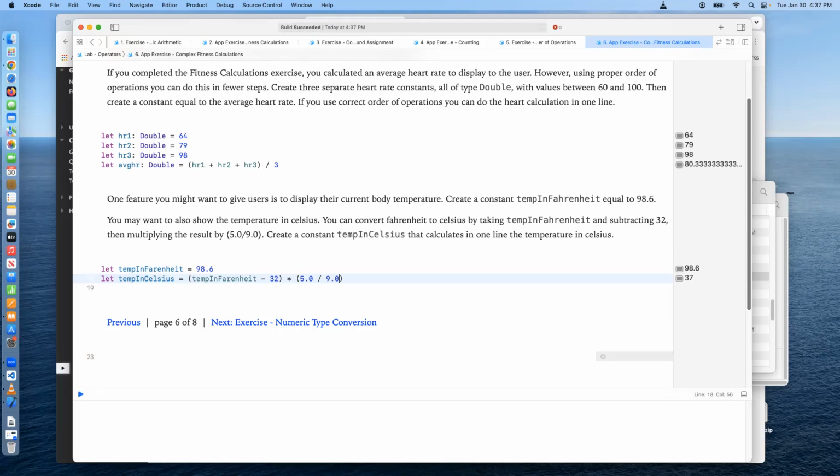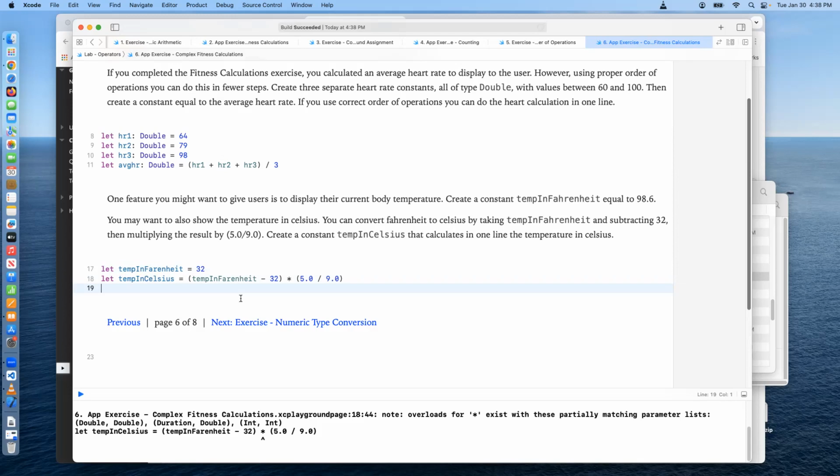Does it make a difference if I'm using decimal points here? Well, it does, right? Because if I experimented and did 5 divided by 9, that's integer division. It's not as precise. And this is the actual formula that we use, by the way, for determining this. So if I have a body temperature of 98.6, in Celsius it's 37, right? How could I test this? Well, I know that 32 degrees Fahrenheit is the same as,